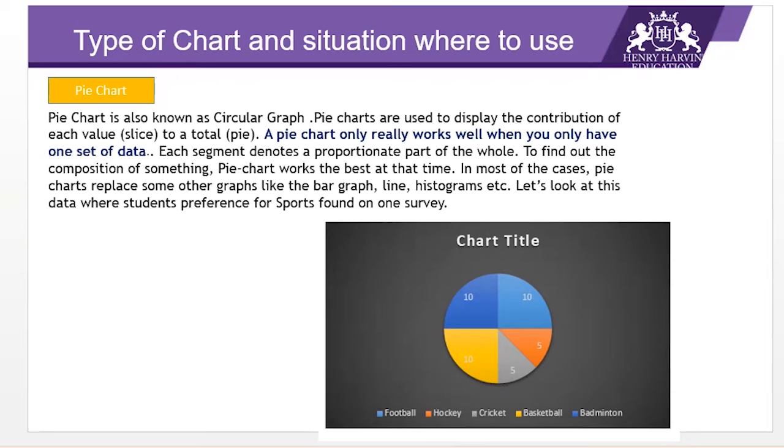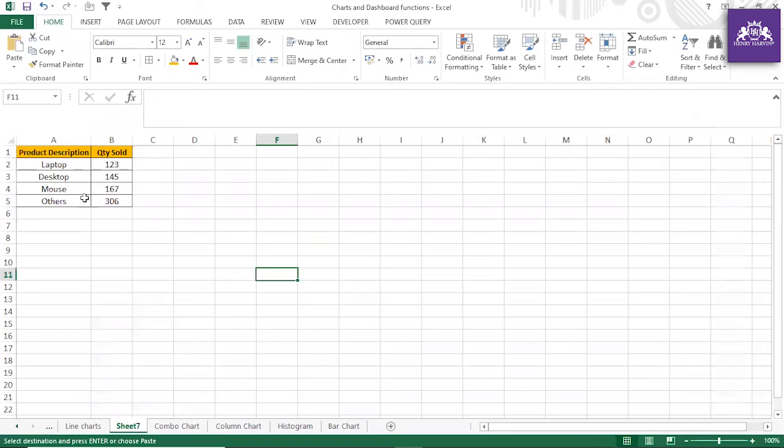So this pie chart is best used to work out the composition of something. So guys, understand, if we have categorical data, we have to use pie chart. It will really look nice, and each slice represents a different category. So I hope guys this is also clear. Let me show you this example where we have these things. All right, so how to create the pie chart.